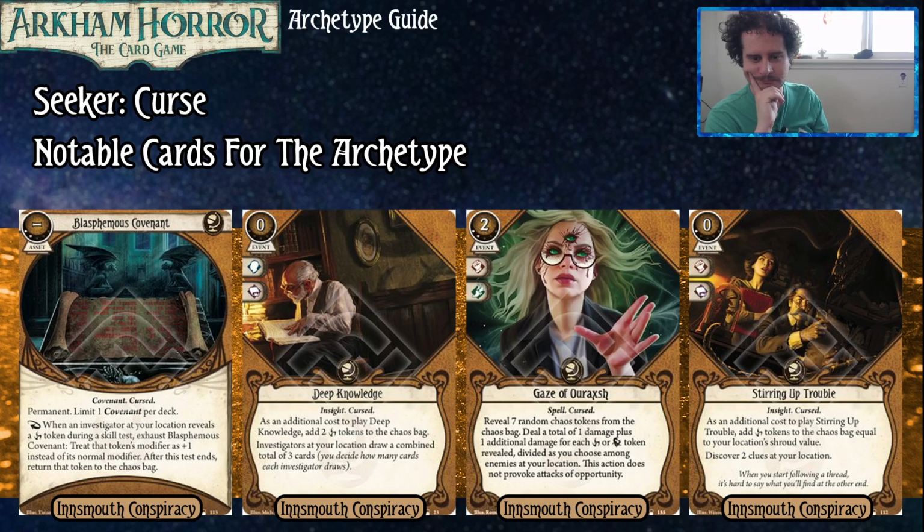It's an event that costs 2 to play and takes 2 experience to put into your deck. You reveal 7 random tokens from the Chaos bag, and then you get to deal 1 damage, plus 1 damage for each curse or auto-fail token you reveal, divided as you choose among enemies at your location, and the action does not provoke attacks of opportunity. So at its absolute worst, this is